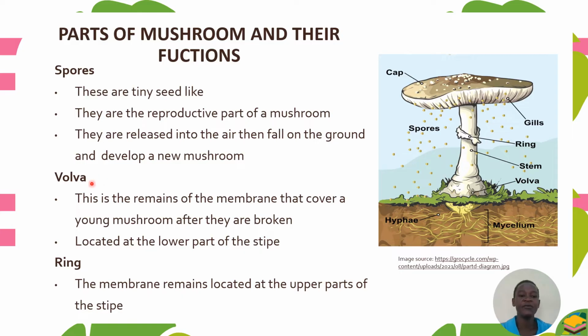Then we have the vulva. This is the remains of the membrane that covers a young mushroom after it is broken. So the vulva is the membrane. Remember, in the life cycle of the mushroom, from the spores, it goes to